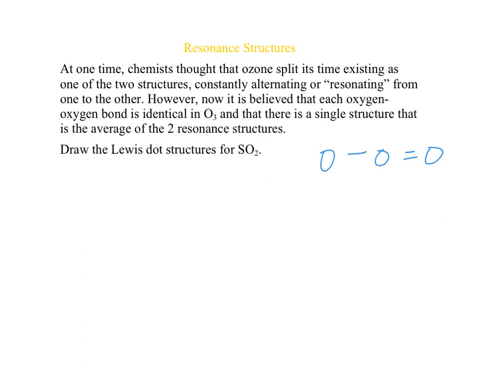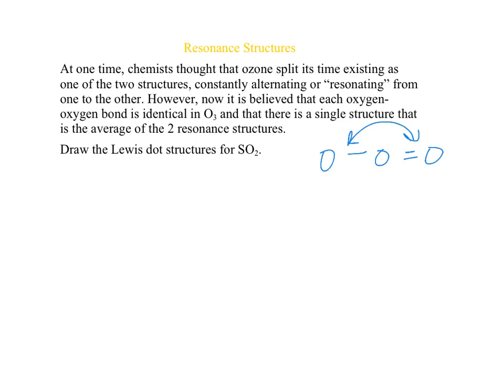So at one time we used to think that the electrons would resonate back and forth between the two positions within the ozone. So that's why we call them resonance structures. However, now we actually think that the bonds are identical. And that's kind of hard to represent, so that's why we still use these resonance structures. So the identical bonds would kind of be like a bond and a half, and again, that's really hard to represent with a Lewis dot structure, so that's why we still use the resonance structures with single, double, or triple